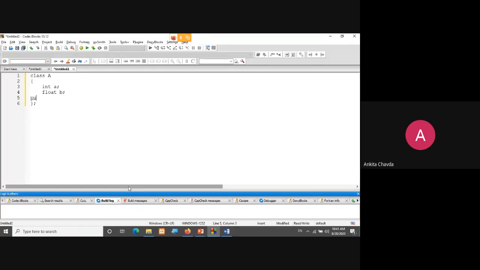Now in the public section, I'm having one method, void getdata, and in this method I'm again having integer x comma y. So here, can you see this? Which one is the local variable and which one is the member variable? Can anyone tell me this?